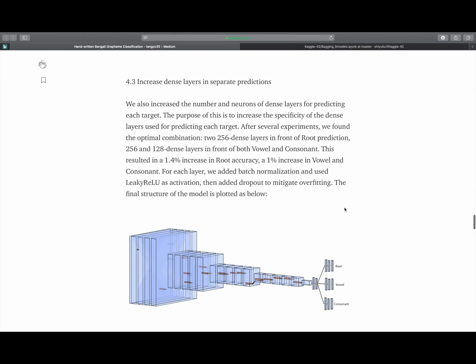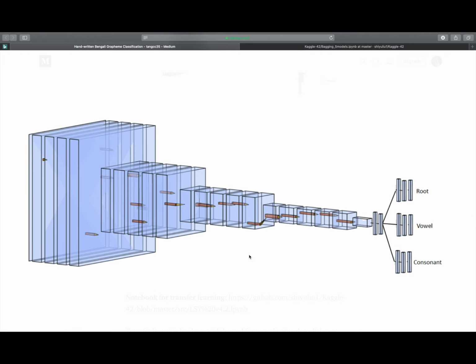which is assigning more dense layers for each prediction. The reason we did this is to dedicate more power to predicting each target. After several experiments, we found the optimal combination: adding two more 256 dense layers here, dedicated for root prediction, and putting the additional 256 and 128 dense layers here, dedicated for